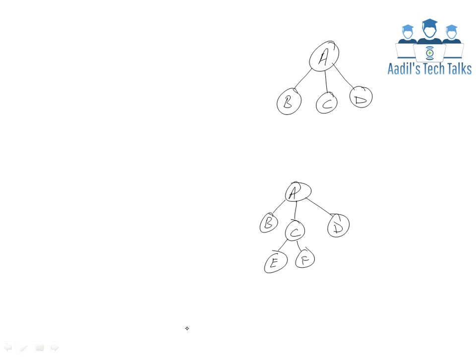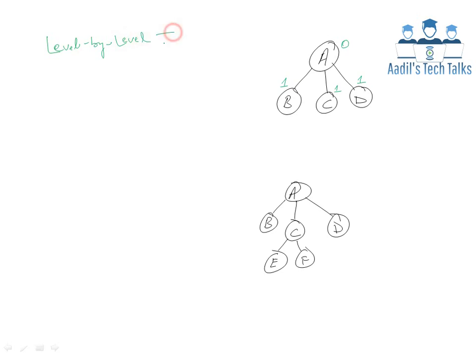Now consider the first tree. A is the root parent node with three children nodes B, C and D. The level number of A is 0, so the level number of B, C and D is 1, 1 and 1. Now we will try to traverse this tree, first of all using level by level